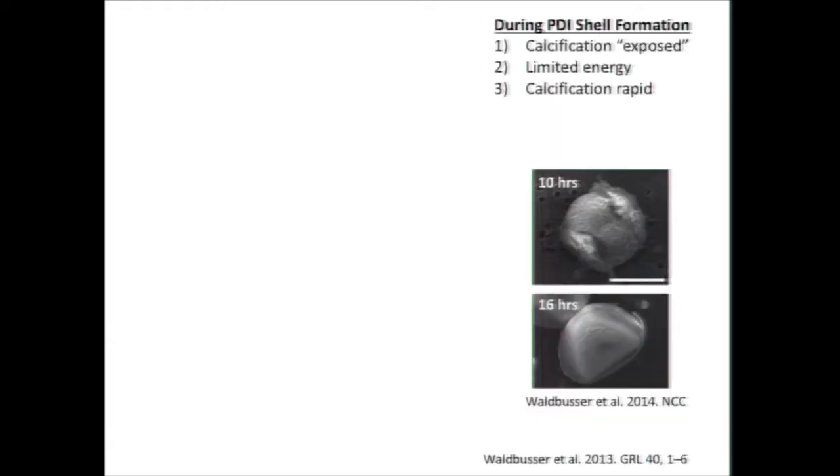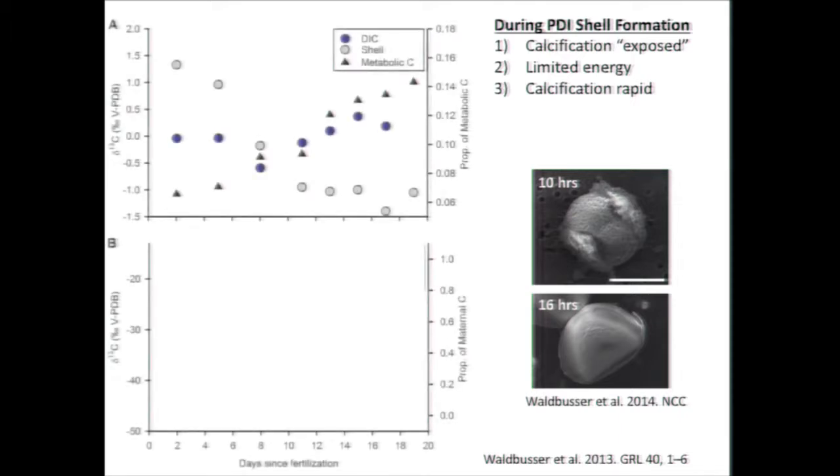Okay, so here is Pacific oyster larvae, 10 hours post-fertilization, 16 hours post-fertilization. And the take home here is that in this 6-hour window, they build their entire first shell. That represents about an 80 to 90% increase in calcium carbonate per body mass. So it's incredibly rapid calcification, and then we actually looked at using some stable isotopes to understand some of the